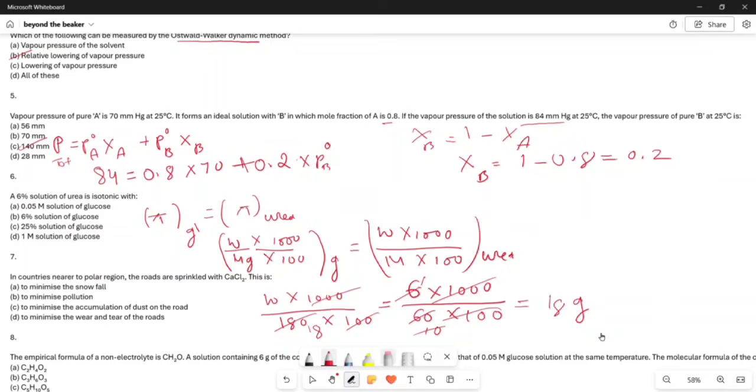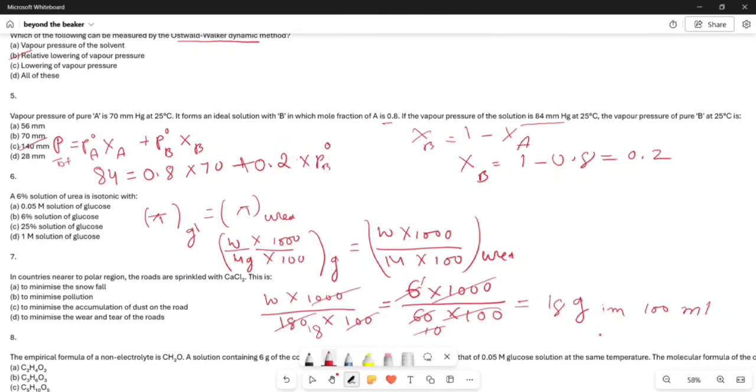So 18 grams of glucose is present in 100 ml of solution. If 18 grams of glucose is present in 100 ml, in other words, a 1 molar solution of glucose is isotonic with